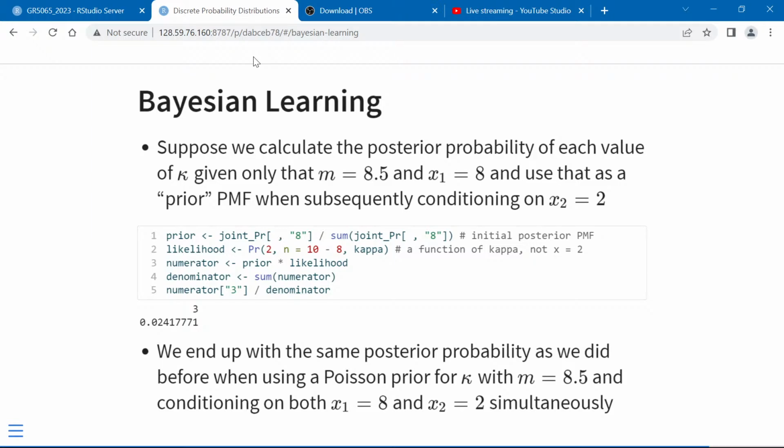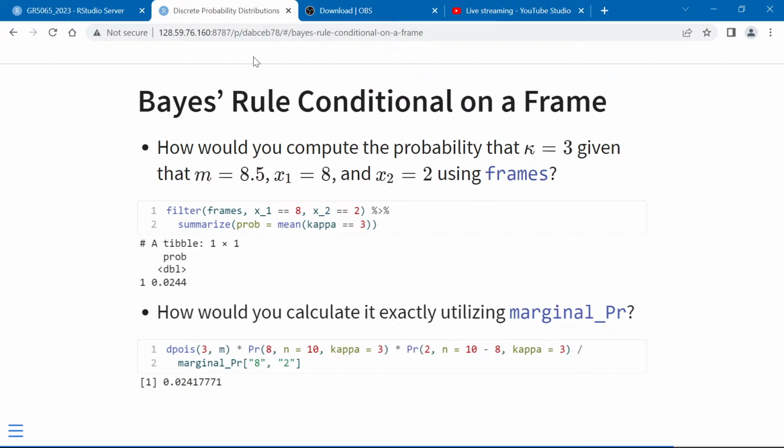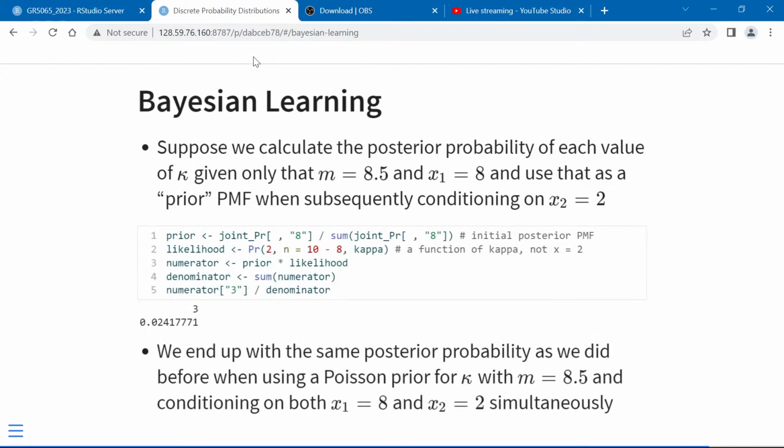So in a manner of speaking, before we arrived at this posterior probability in one big step where we conditioned on a whole frame, but we could and did get the same posterior probability when we do this in 2 steps. Start with a Poisson prior on kappa, update it once, conditional on x1 pins being knocked down in the first roll of a frame of bowling, and use that first posterior probability mass function, conditional on x1 being 8, as our prior on kappa to be updated in the second